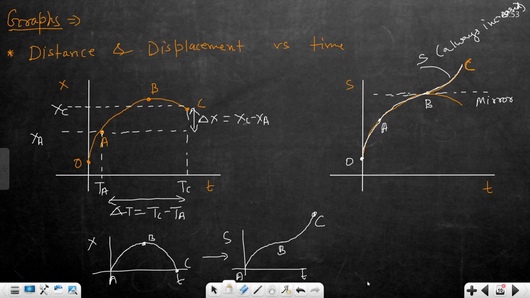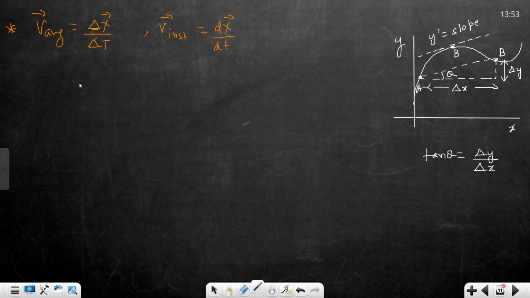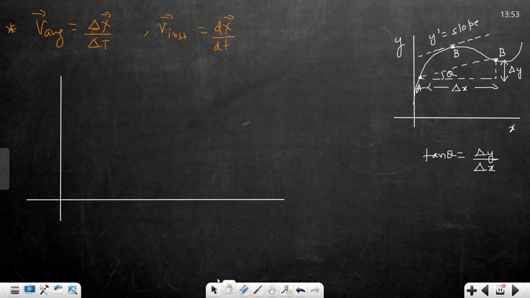Now I will draw this graph. Here I will take a new graph. We are taking an xt graph. The xt graph is like this. This is point B, this is point A, and this is point C. If the object is moving from A to C in this motion,